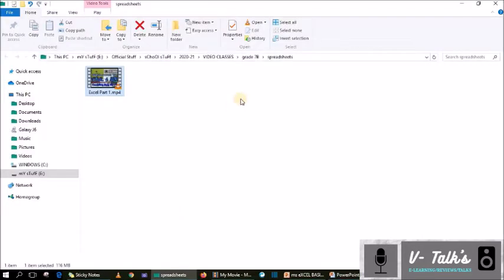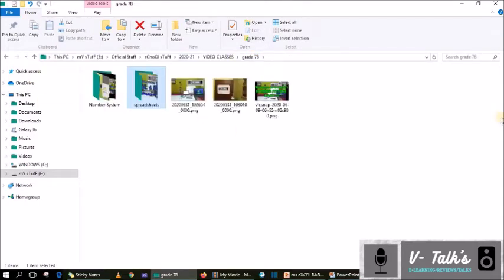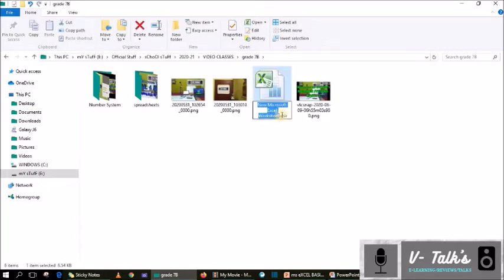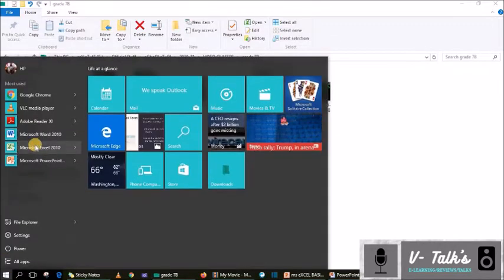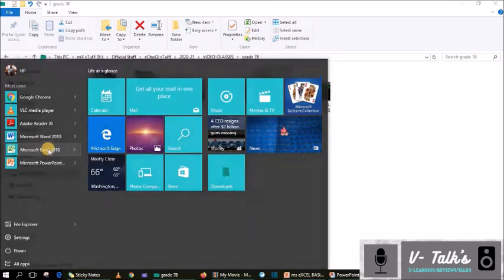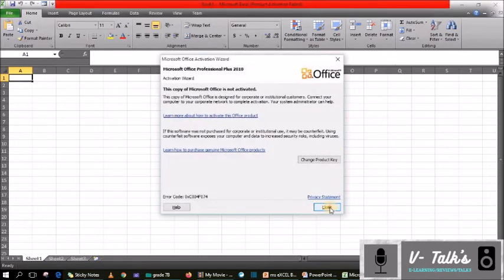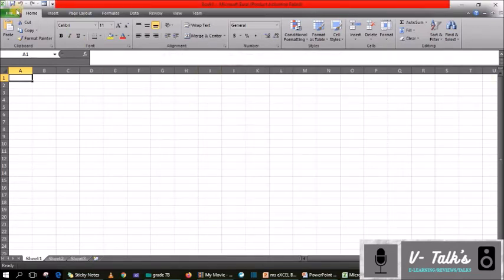There's a quick way, that is, right click and choose new Microsoft Excel worksheet. For example, in this folder here I need to make an Excel document. So how to make it? Right click, new. From the list you can find Microsoft Excel. You can give a name, Sheet 1. I'm just giving the name Sheet 1. Okay, so it's saved. Otherwise, from the Start button, if you click Microsoft Excel 2010, it will open like this. Now you can do your work and you have to save it.